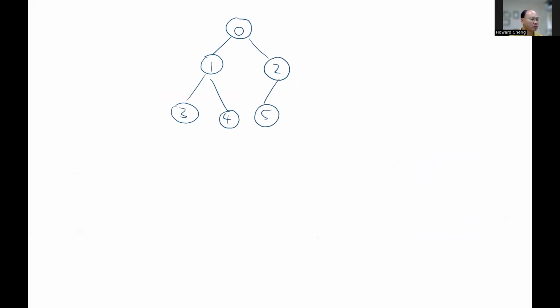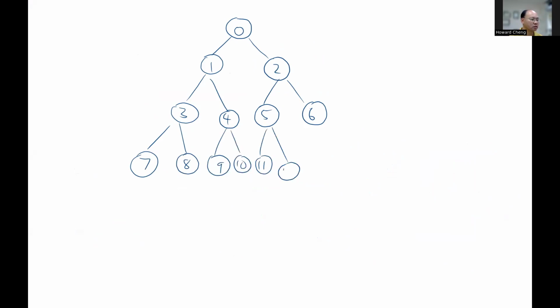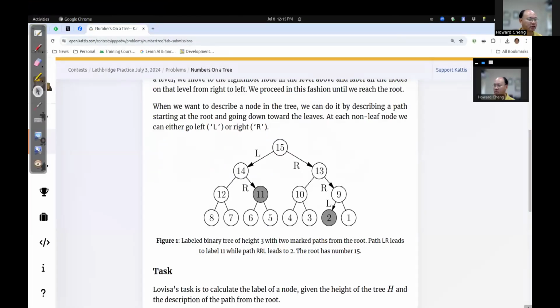Because we know that if you learn about binary heaps, usually we number things this way. One level at a time, from left to right, and so on. Okay. This is exactly backwards of what they want. Exactly backwards. So what we can do actually